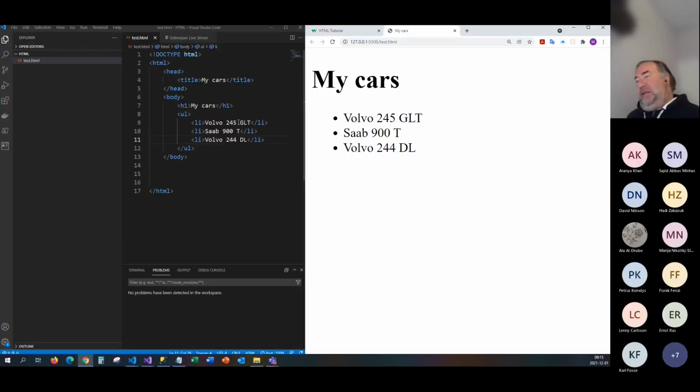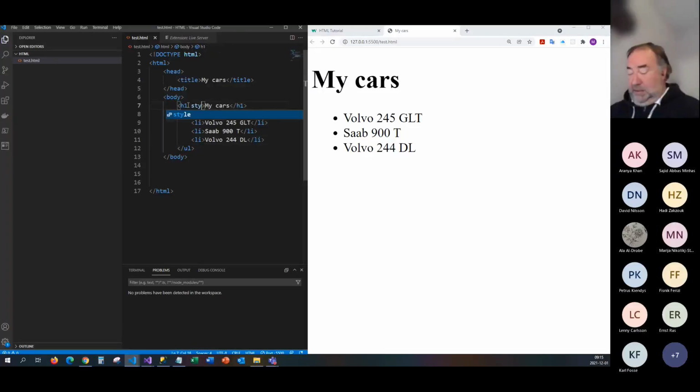You could have, what is it called, inline style in this document, or you could have a CSS file with all the styling in a separate file, called a cascading style sheet. So we could go for a style on this. Let's say this my cars, for example. You could go with style right away,